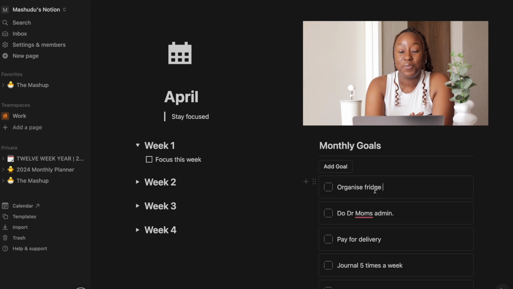So that's what I want to do next month. I want to get those sorting containers and everything. But yes, I want to organize my fridge, and I'll probably do a video on that when I do it. I'm very excited about it because organization makes me happy. I'm just gonna leave it there before I go on and ramble. So I want to organize my fridge. That's one of my goals.